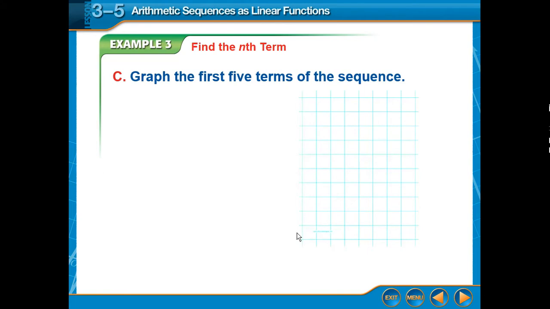I also want to be able to graph terms. So the way we graph is we have an axis, an axis